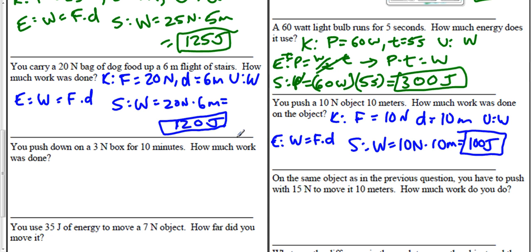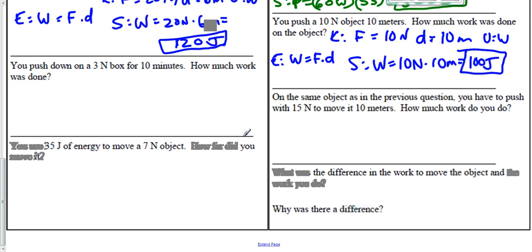Okay, so you push down on a 3 Newton box for 10 minutes, how much work was done? Okay, this one's going to be in the solutions because that's the exact same thing that we just did, on the same object as in the previous question, you have to push with 15 Newton. Okay, so it builds. So we're going to do this one. All right, force, 3 newtons, time equals 10 minutes. Okay, how much work was done? Oh, so this one should be pretty easy